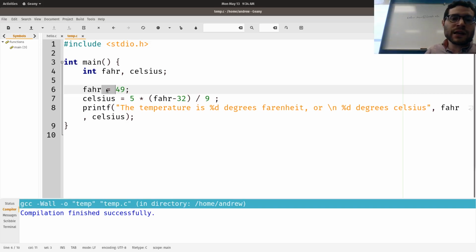We use the equal sign here for what's called the assignment operation, which says we are going to take the thing on the right and store it in the thing on the left. So we're going to take the 49 on the right and store it in Fahrenheit. We're going to take specifically the expression, the value that yields from the expression on the right, and store it in the variable on the left.